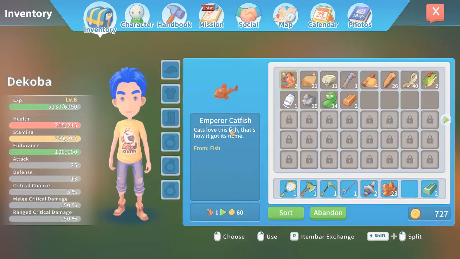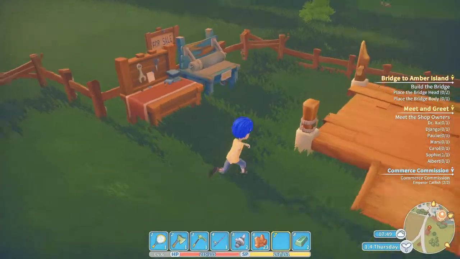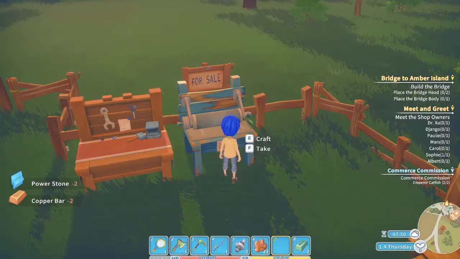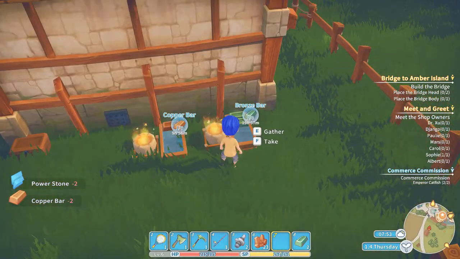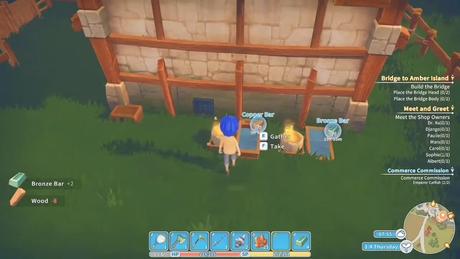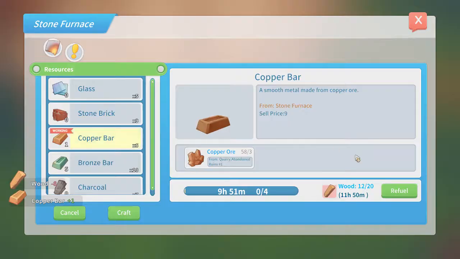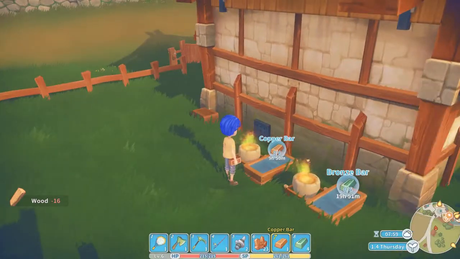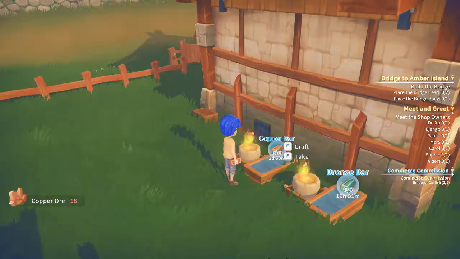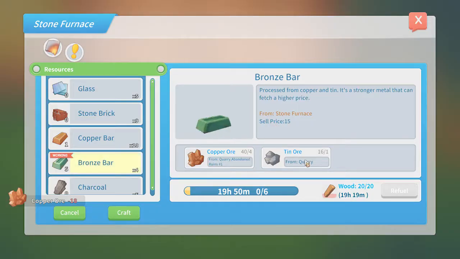We're also going to need a couple of copper blades for a saw that we're going to build. So we'll go ahead and start building one of those right now. Come on over here, grab the bronze, make sure that's refueled. We're going to need a lot of wood, so we'll be chopping lots of trees. And I think we're going to go ahead and just extend these crafts by a little bit. And once we get that done...